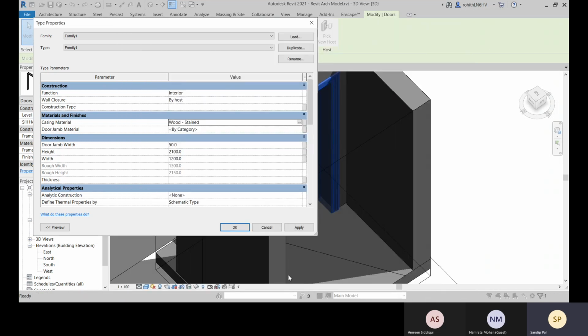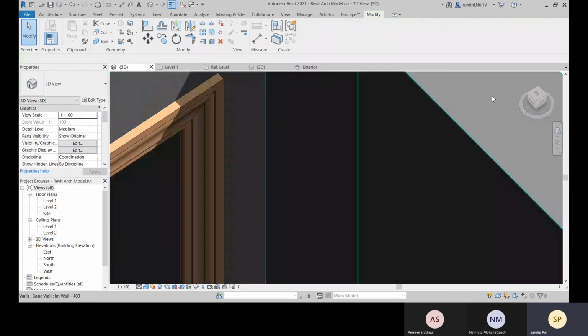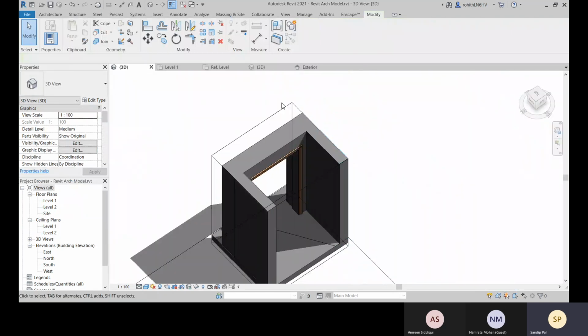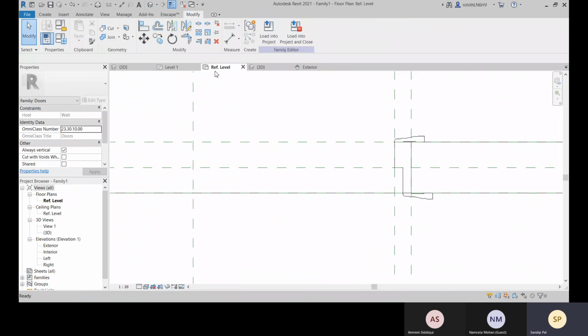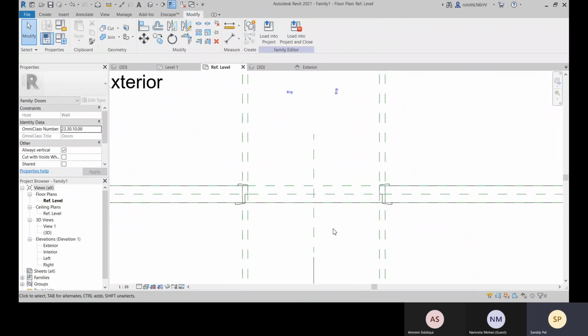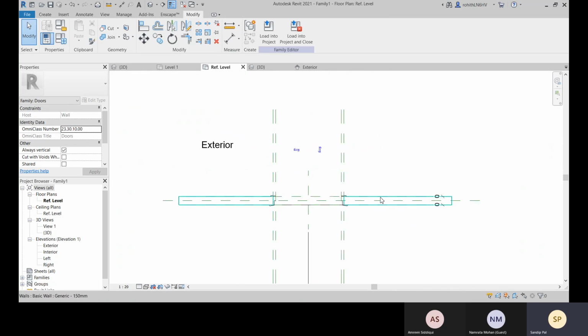Apply. Okay. And there you see this is applicable. Now let's come to this family over there, and you need to add the door plan symbol, right?